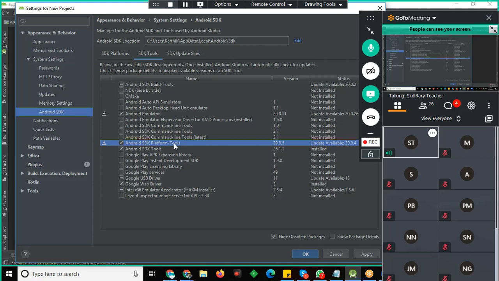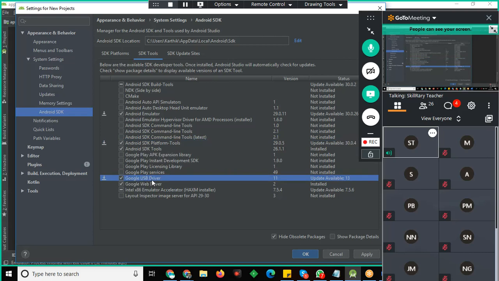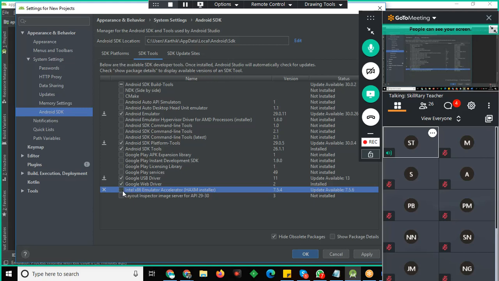Android SDK tools is also very important. Then Android USB driver, this is also very important for connecting with the device. Then the Google WebDriver, if you are working on Appium, you require this Google WebDriver also. Then the Intel x86 emulator accelerator, you can install it.